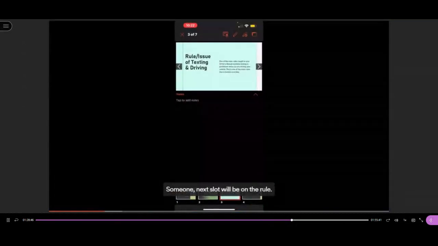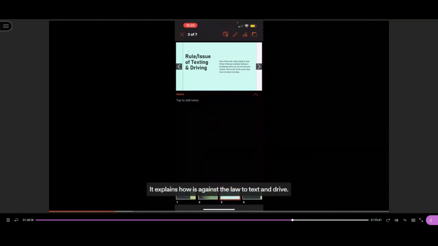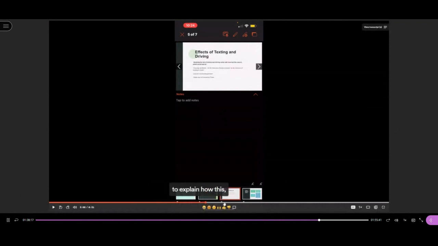So my next slide will be on the rule and the issue of texting and driving. And texting and driving is one of the main rules that's broken almost every single day from the driver's manual. It explains how it is against the law to text and drive. One of which is in boldface. Breaking the law of texting and driving varies with how bad the case is, which could lead to,